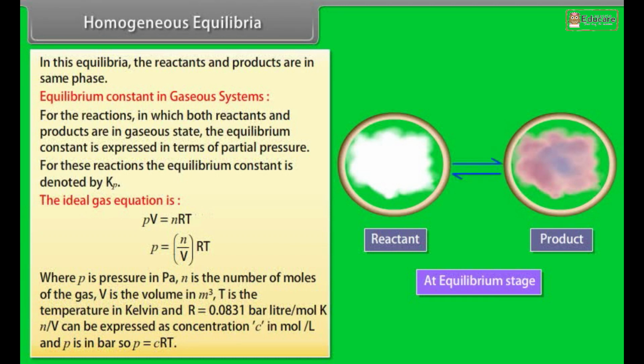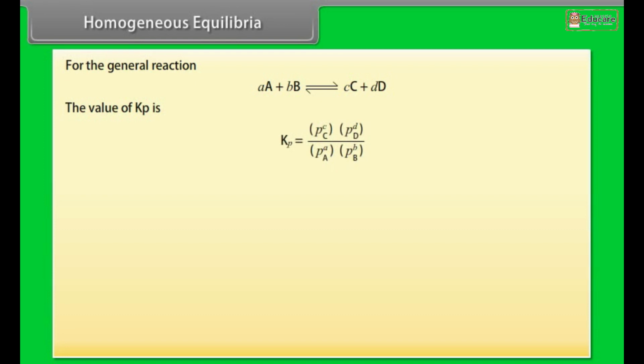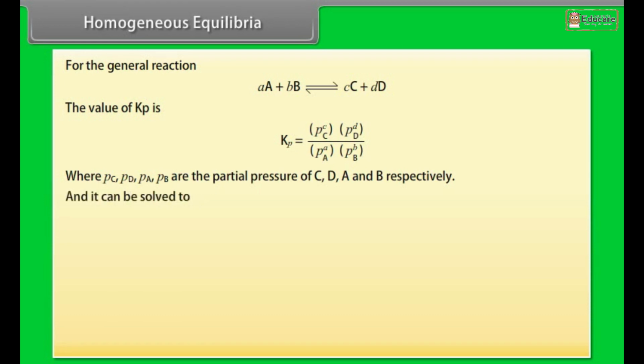N by V can be expressed as concentration C in mole per liter, and P is in bar. So, P is equal to CRT. For the general reaction, the value of Kp is, where Pc, Pd, Pa, Pb are partial pressures of C, D, A and B respectively, and it can be solved